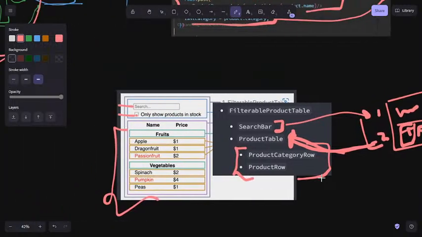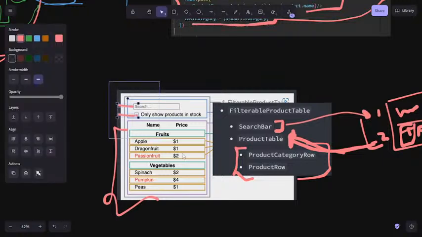Okay, now second thing is what? Now second thing is